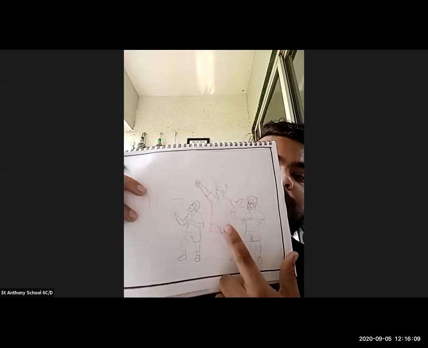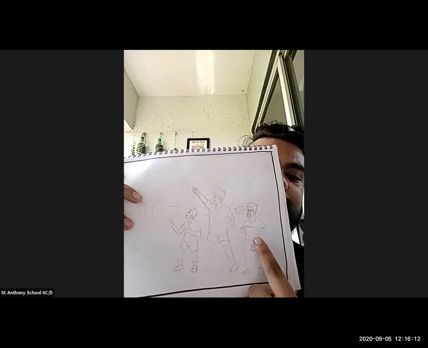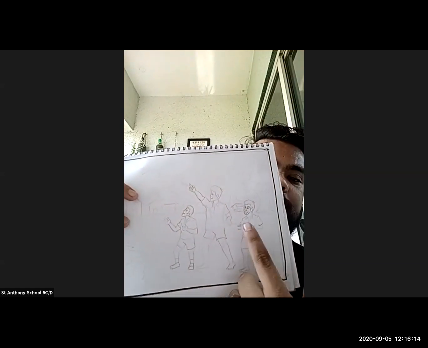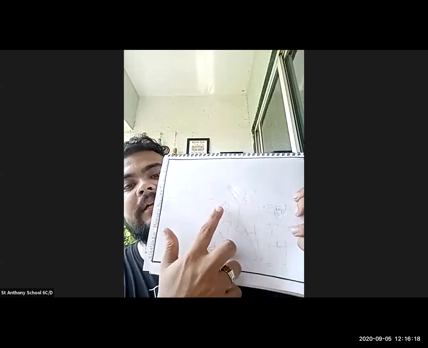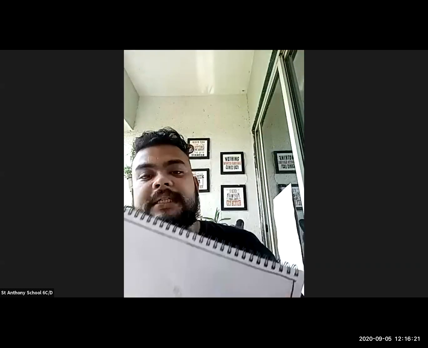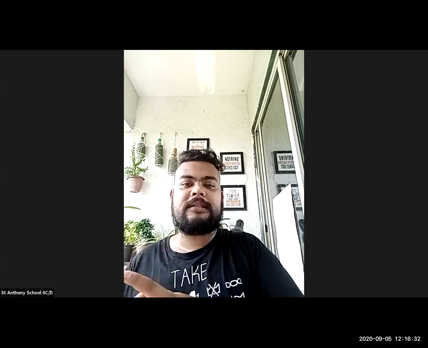Okay, here I have drawn a memory drawing. In this memory drawing, you can see there are 3 characters. There are 3 human figures. Okay, just look at this, 1, 2, and 3. There are 3 children I have drawn. This is the minimum human figures which you can draw in your memory drawing, but maximum you can draw 4 or 5, but not more than that, because it takes lots of time to color and everything. So that's the reason we take minimum 3 human figures.